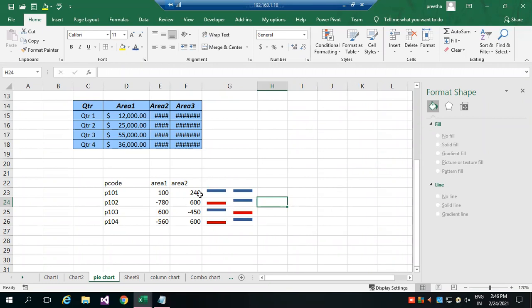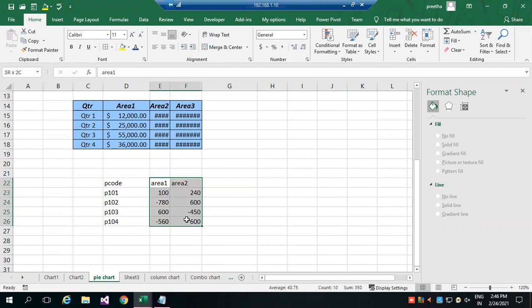Still you can customize this data. Okay. So you should have the values, sales value, then win or loss you should have. So let me move this.